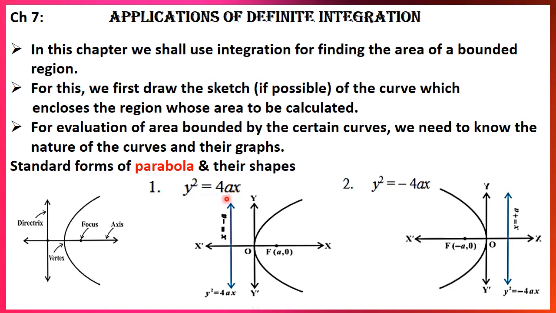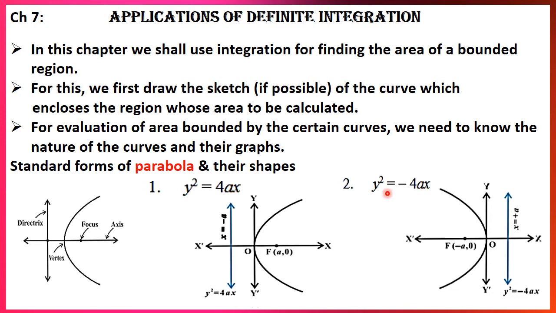It's a second degree equation and this is the parabola which opens towards right and whose vertex is at the origin and the focus will be (a, 0). Coordinates are a and 0. And the directrix will be at an equal distance from the vertex to the focus, that is a units. So here the distance from the origin to the directrix is also a units, but it is to the left. Therefore the point will be minus a. So x is equal to minus a, and we know x is equal to minus a is the line passing through the point minus a.